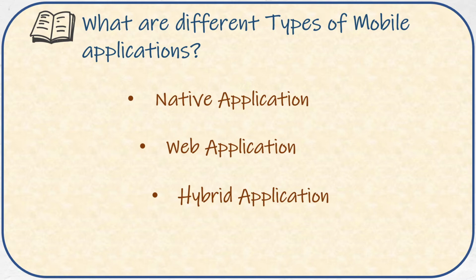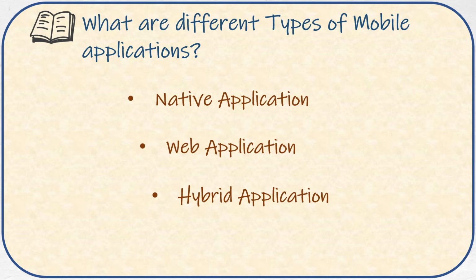So another important question which usually gets asked is, what are different types of mobile applications? There are basically three types of mobile applications, that is native, web and hybrid applications. Native apps are designed to be native to one platform like your Android, iOS or Windows mobile phones. Web applications are responsive websites which are tweaked to fit the design when accessed by a mobile device. So any website which you can access on a mobile browser is a web application.